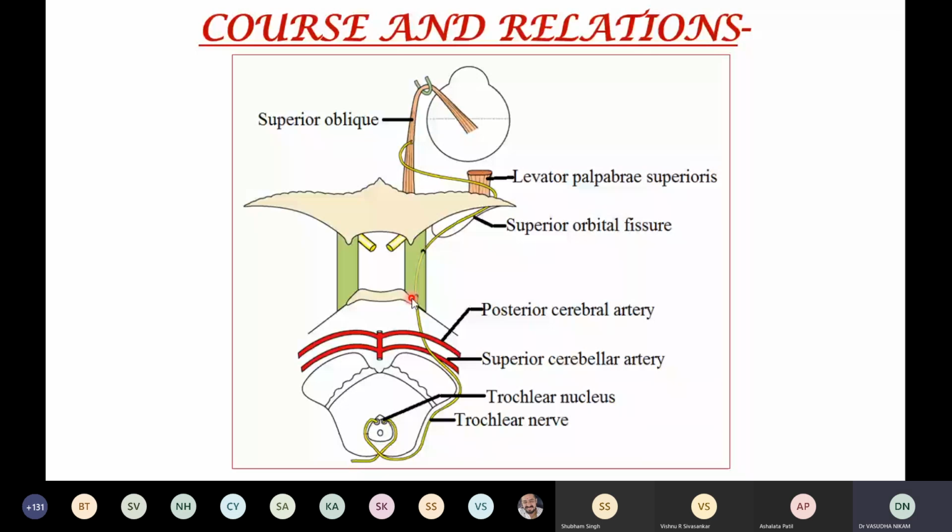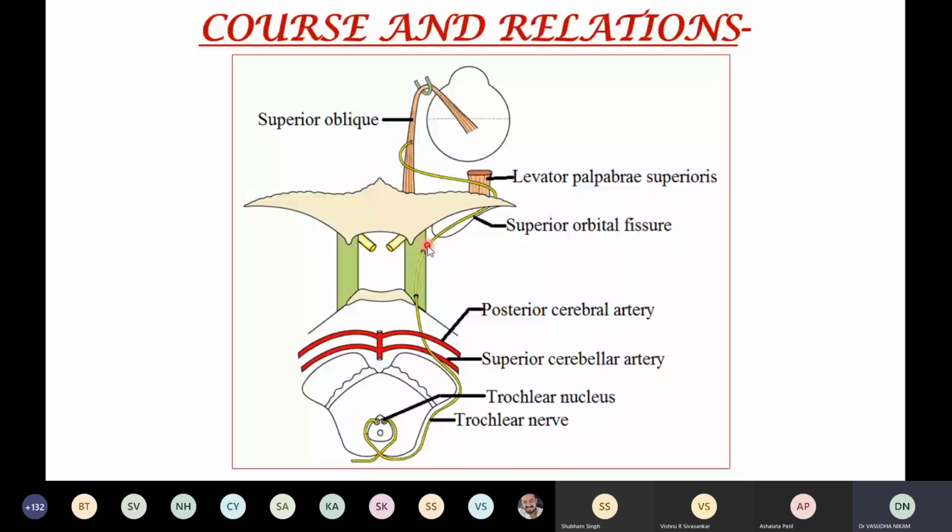After crossing the posterior clinoid process, it runs forwards to lie in the lateral wall of the cavernous sinus, but again it will be separated from the blood of the cavernous sinus by the endothelial or ependymal lining. Here it will be related to the other nerves. Above will be the oculomotor nerve and below will be the ophthalmic as well as the maxillary nerve. It will leave the cavernous sinus by piercing this lateral wall and comes to lie in the superior orbital fissure.